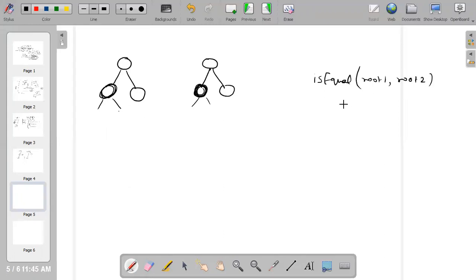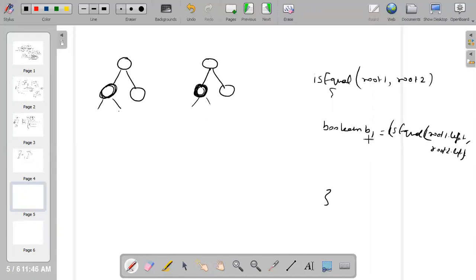Let's say boolean b1, and here I am calling isEqual of root 1 dot left comma root 2 dot left. This is boolean b1.